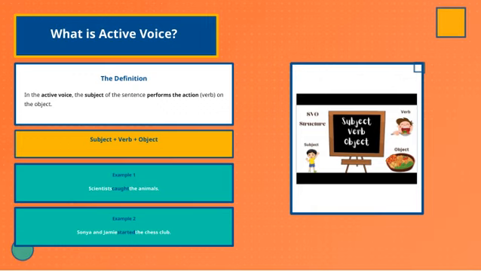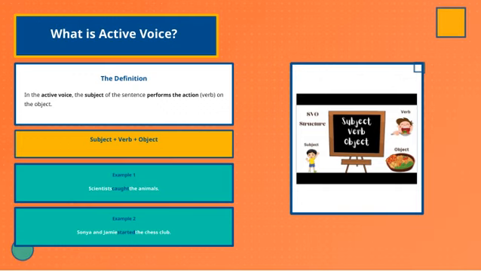For example, if I say, "Scientists caught the animals," the scientists are the ones performing the action of catching, and the animals are receiving that action. Another example would be, "Sonia and Jamie started the chess club." Here, Sonia and Jamie are actively doing the starting, and the chess club is what's being started. Recognizing this pattern helps us write more engaging and concise sentences, which is a big part of mastering clear communication